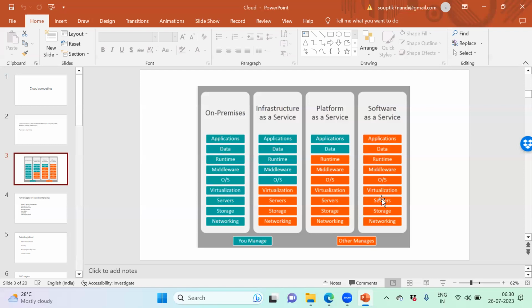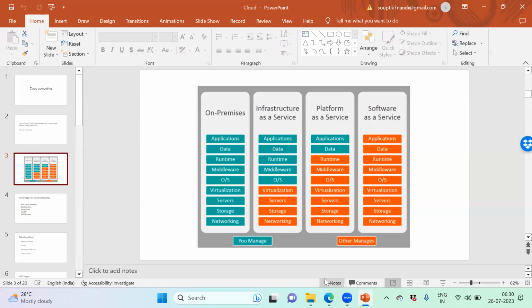Just open and launch it. So no need to think about the server where it is hosted. They will take care of everything: the patches, the servers, everything. No need to check anything. We just have to launch the applications.